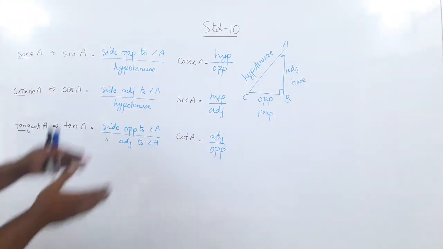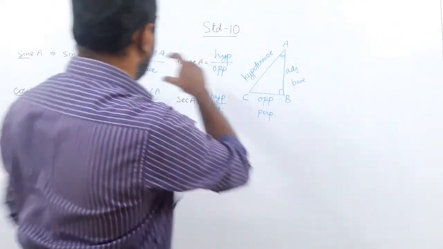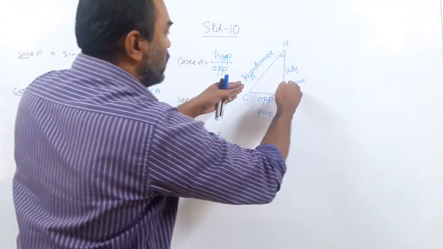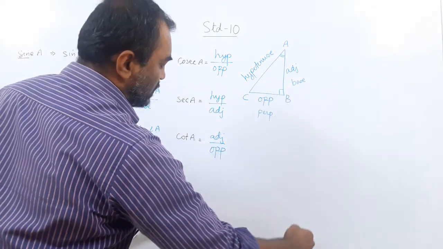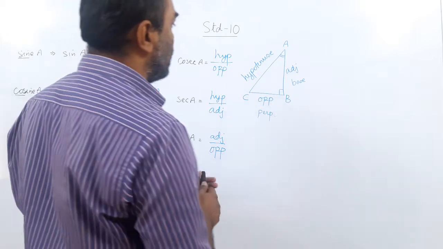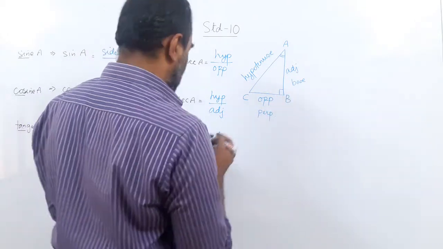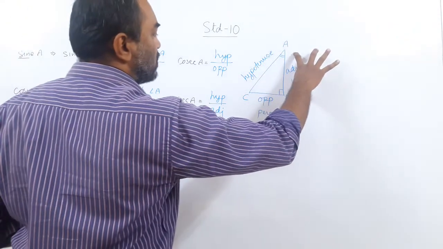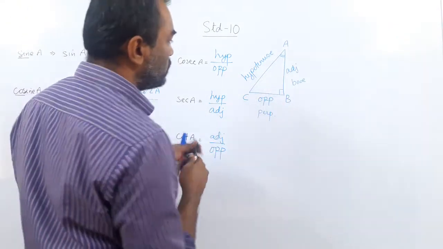So yesterday we saw, even if the triangle becomes very big, the ratio is fixed. When the angle is fixed, you can keep on increasing the triangle as much as you want, but the ratio of the sides stays the same. So let us do it and see. What I mean to say is, suppose you take tan. Tan is what? AB, adjacent side upon BC.